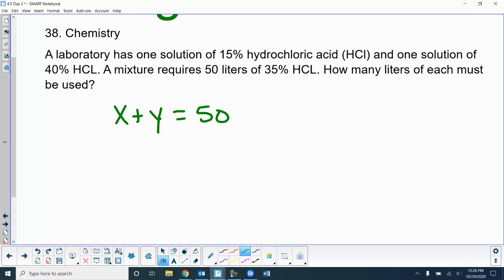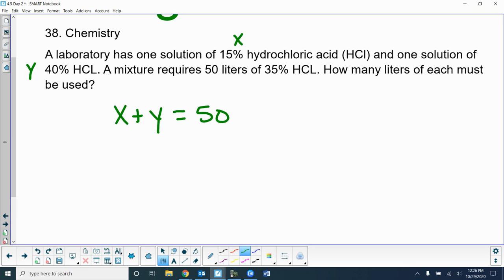Okay, we'll say the 15% solution will be the X, so X liters of that, and the 40% solution we'll say is the Y. So X represents the number of liters of this, and Y represents the number of liters of that. Like I got 2 beakers, and I'm pouring them into a third one. I'm mixing them, right? Now, just before we even get the answer,